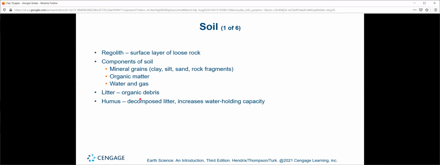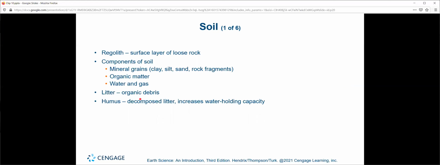So, to make a soil, you need to include a couple of different things. You include mineral grains, such as clay, silt, sand, rock fragments, the dirt of the soil, but you also include some organic matter, dead leaves, animal carcasses, bug carcasses, stuff like that. And finally, usually you want the soil to be somewhat moist. These three components are necessary for soil to do its job, right?